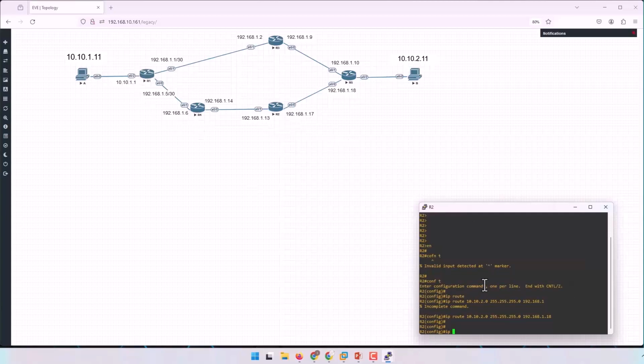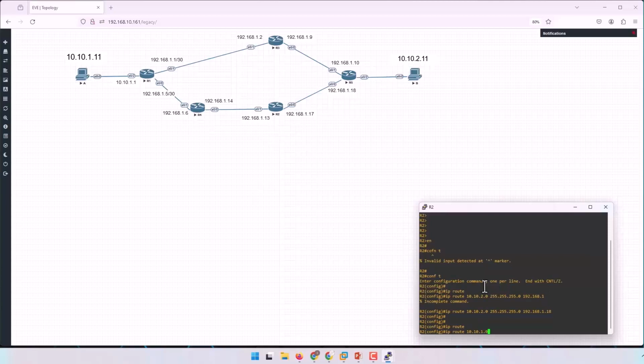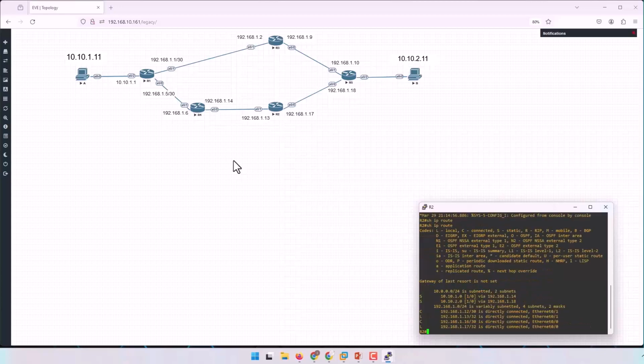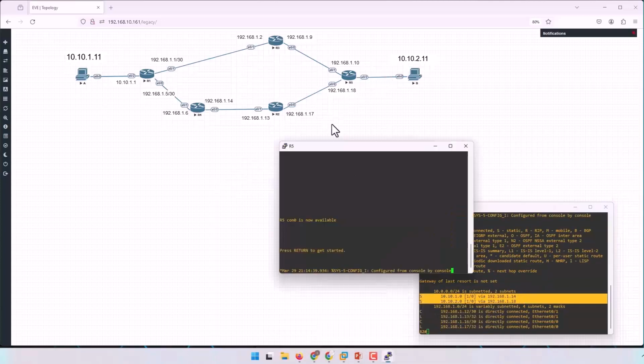this network also. Then IP route 10.10.1.0, it should go through 192.168.1 dot, this R2, this 14. Show IP route. Now you can see that we have two static routes here, one for network 1 and another one for network 2. Now let's go to R5 here and